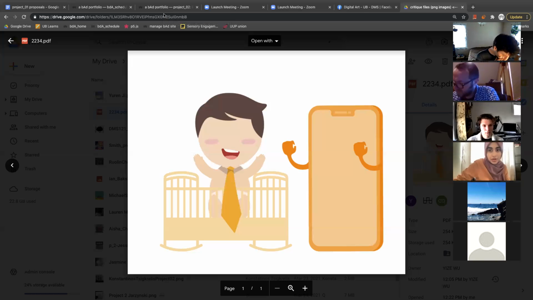So I use the first sketch. I haven't finished the whole project yet. Actually, I haven't considered the background, so maybe you guys can give me some advice. I would very much appreciate that. I don't know about the background, but